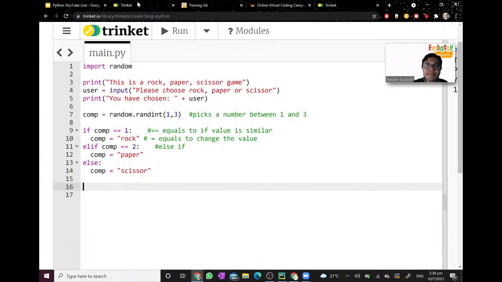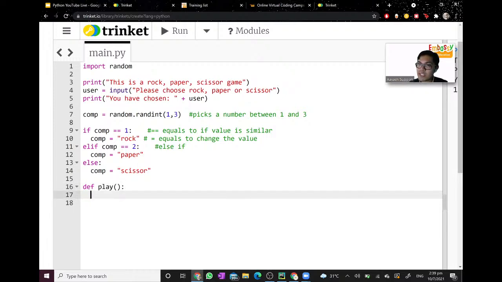To start, let us create a function called play. A function is a block of code that we can write for now, and it won't run unless we choose it to run. If that doesn't make sense, don't worry. Creating a function is very simple. Type in def, which means define, and then type in the function name. Let's say I want the function to be called play. I type in play here, like this.